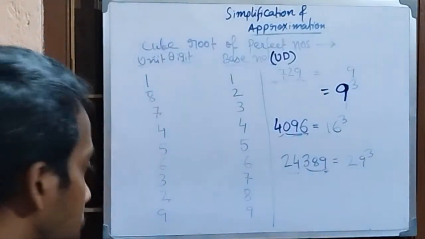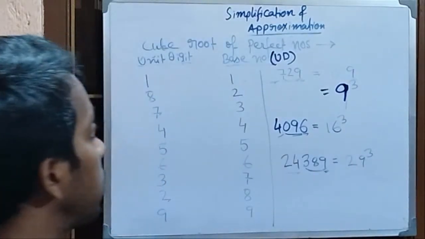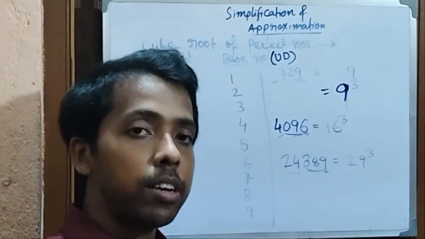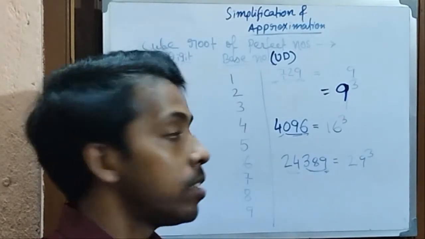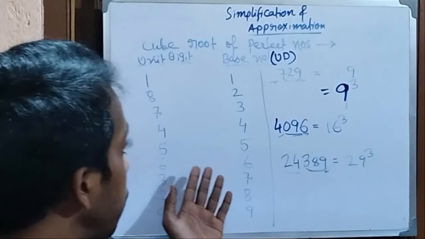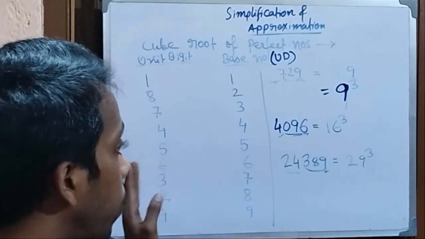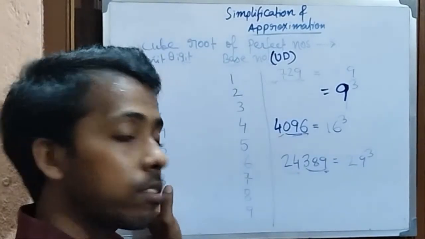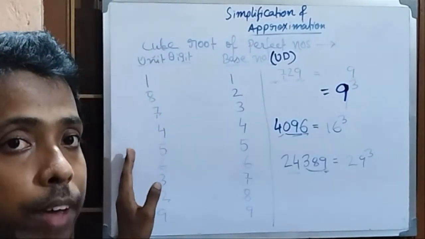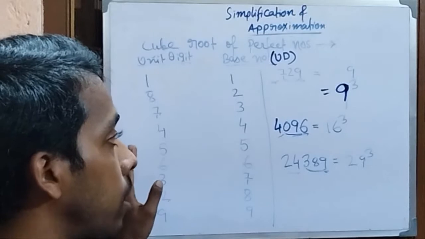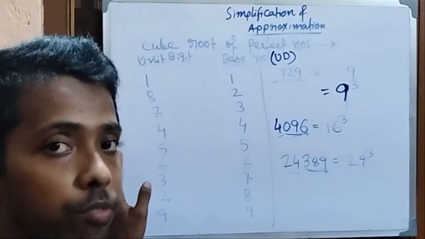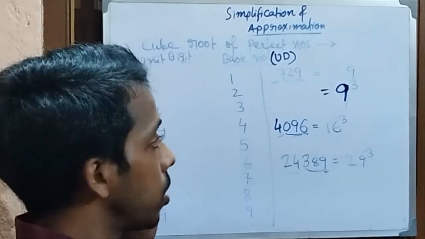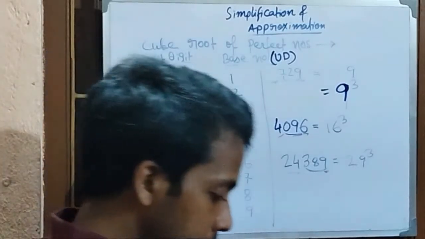Okay. So I hope that square root and cube root of perfect numbers is very much understandable. The process I showed you, you will not understand by checking it only one time. You have to practice on this, only then you can make yourself very comfortable. So practice some questions, you will feel better, okay?